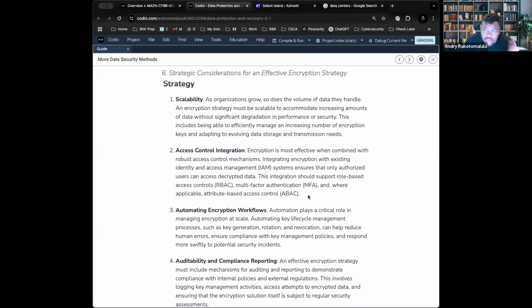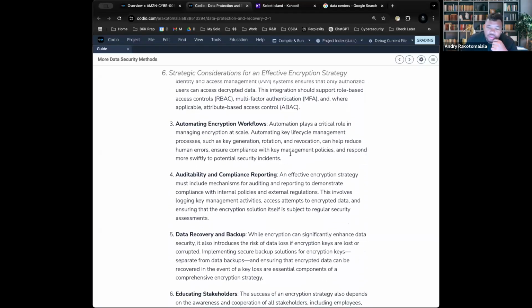Access control integration. You remember when I mentioned how Azure is typically used for IAM, which is for identity and access management? Well, then you need to make sure that you have an integration that works on multiple levels with different capabilities with different softwares. So I mentioned RBAC, that stands for role-based access control. Then you need to have something that has ABAC, attribute-based access control, and MFA, multi-factor authentication. All of these need to be present in order to make sure that all of the systems can work together accordingly.